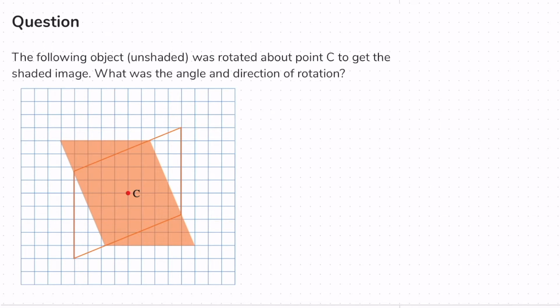Now in this question, I've got an unshaded object, and I'm rotating it about point C to get the shaded image. What was the angle and direction of rotation? So what I'm going to do is use the software I have to see what I need to do in terms of rotation. So not moving it, just rotating it around C to make it look like the